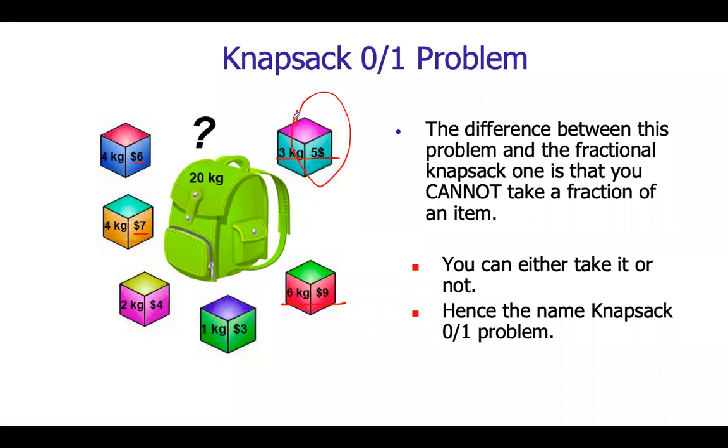In certain cases, we need the 0-1 strategy. In certain cases, we can follow the fractional strategy. That depends on the type of problem you're trying to address. If you are going for fractional knapsack, we'll use the greedy method. Whereas for the 0-1 solution, we'll be using a dynamic programming approach to handle this task.